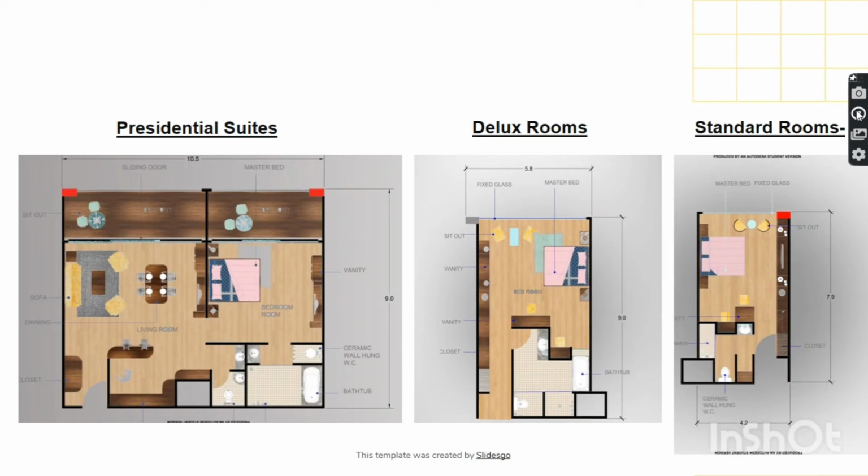Presidential suite. The presidential suite has a combination of living plus dining area with a mini bar cum kitchen with an attached powder room. The main bedroom has a private outdoor area attached to it. The major difference between deluxe and standard rooms is the bath area. The deluxe room contains a bathtub plus shower, whereas standard rooms contain only the shower area.